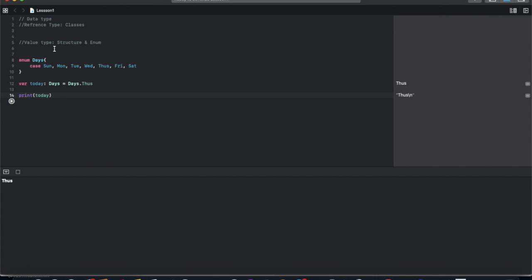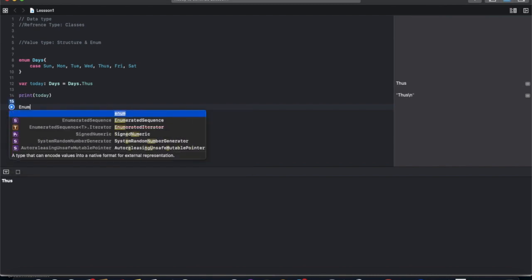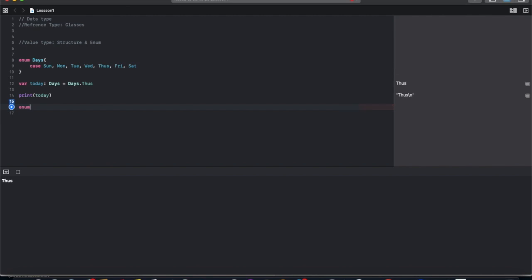We can create the same values within our structure. Like we have days, now we again want to create another enum, something called color or primary color. So we have three cases.